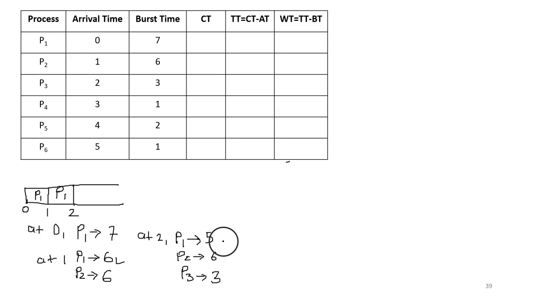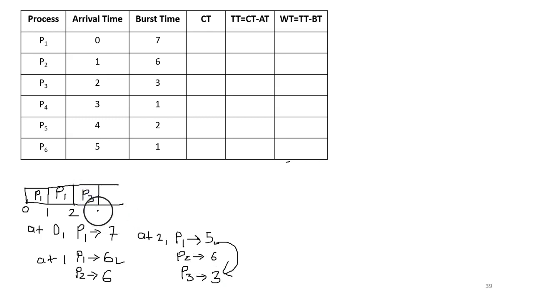As far as the policy of shortest remaining time first scheduling algorithm, CPU will be preempted, that is taken away from process P1 and will be given to process P3 which is having shortest remaining time. Means in Gantt chart there is